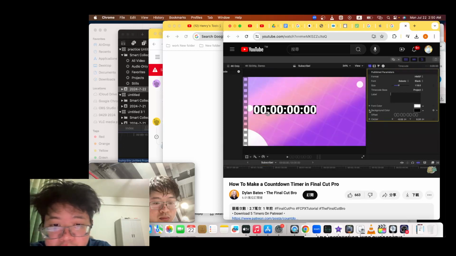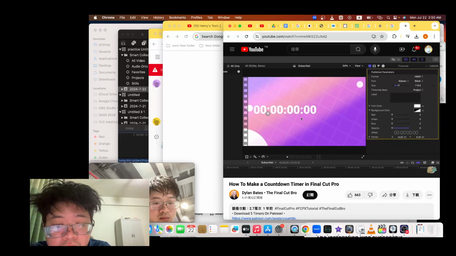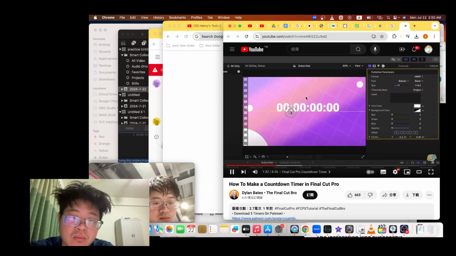we're going to want to click this down arrow and change the opacity down to 0. So now your numbers should just be looking